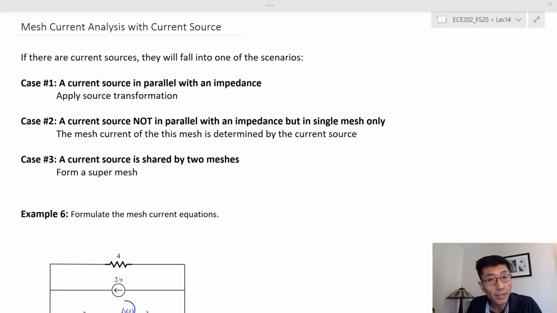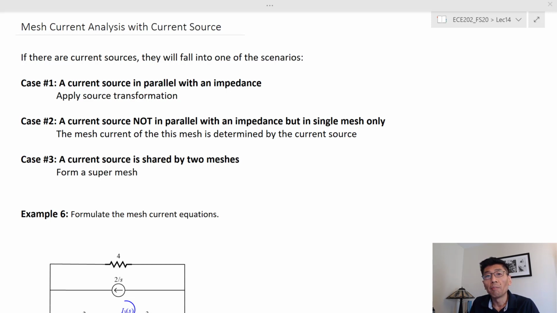There will be three different cases. Case number one is if the current source is in parallel with some impedance, and in that case, we can do the source transformation, turn that into a voltage source in series with that impedance, right? So since this is a voltage source, then we fall back into the basic case,